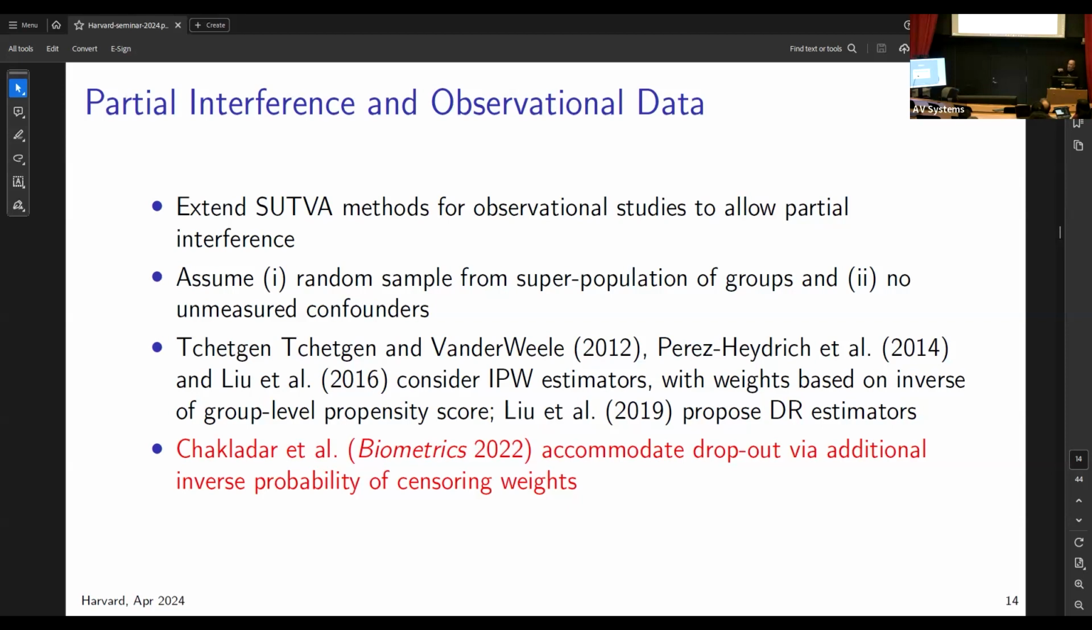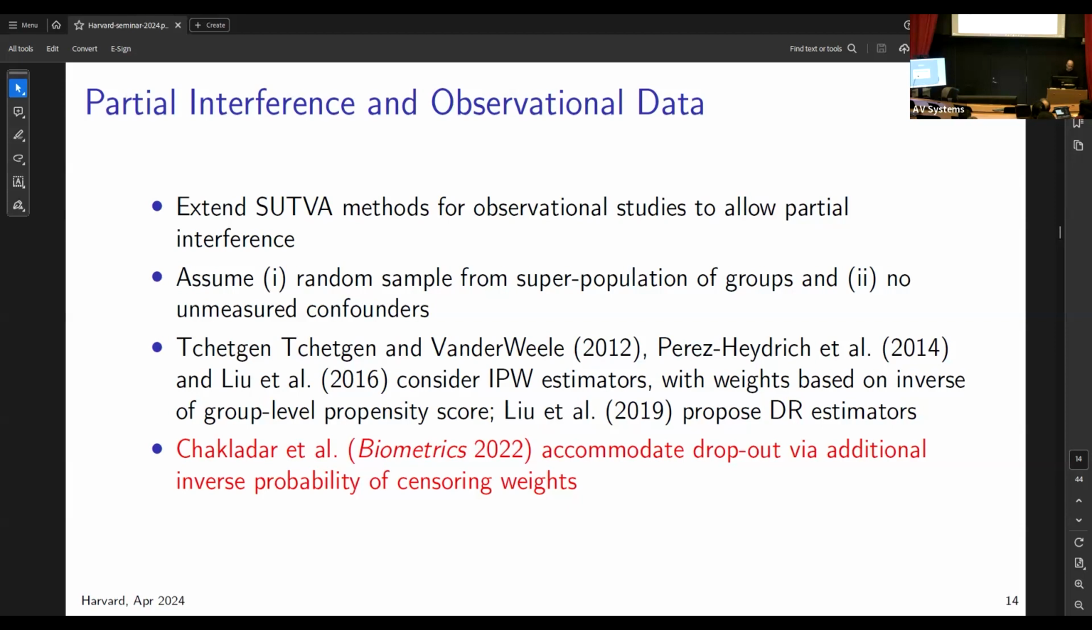One is envisioning that the set of clusters you have is a random sample from a superpopulation of clusters. And then the second is some version of the no unmeasured confounders assumption, or the exchangeability assumption. But it's a no unmeasured confounders assumption at the cluster level. So assuming that the cluster potential outcomes are independent of treatment assignment for that cluster, conditional on the right set